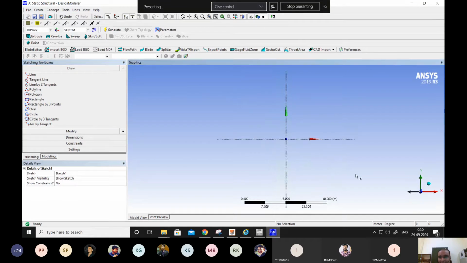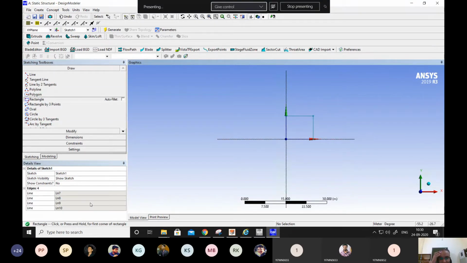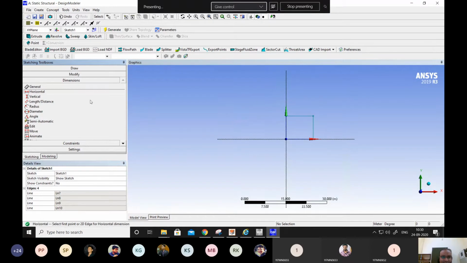So we use the Z plane as our outbound plane and the X and Y plane as our plane of work. Let's make a rectangle taking center as origin and one corner as origin, and let's keep it this much. Later on, as we made a simple rectangle, we can actually change its dimensions. So if we go to the dimensions and restrict its horizontal and vertical dimensions, just a sec.